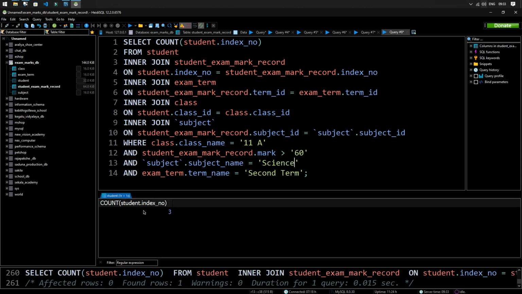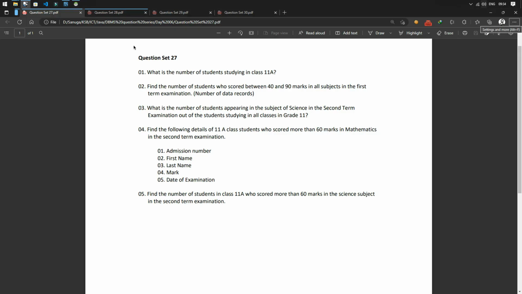You can see there are 3 students who got above 60 marks for science in grade 11A in the second term. So this is the end of my question set